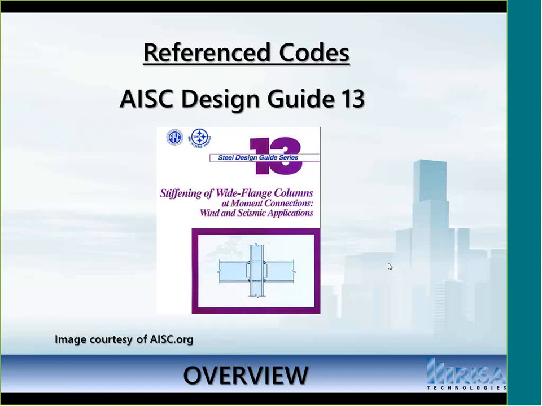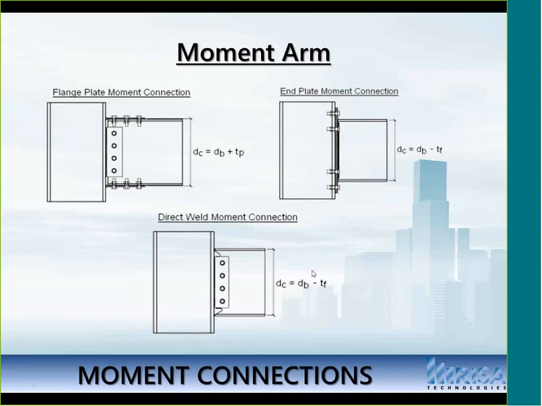14th edition. So what we actually had to do in order to implement a lot of these provisions into our software was to determine how the equations mapped over between the LRFD 2nd edition, which is referenced in this Design Guide 13, as opposed to the newer editions of the Steel Manual. And so we had to adjust some phi factors, we had to reformat some equations, and you'll see that within the program. Now to start with, I'm going to talk about the moment connections, and we're going to talk about